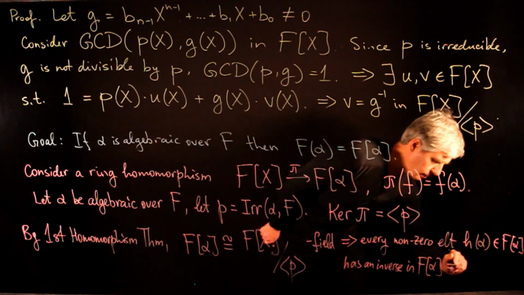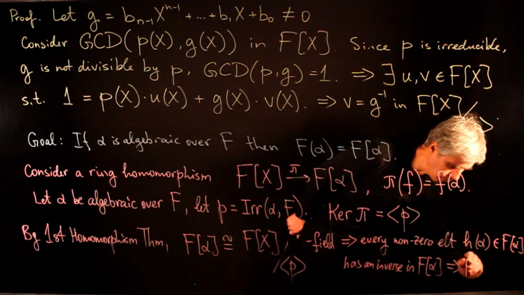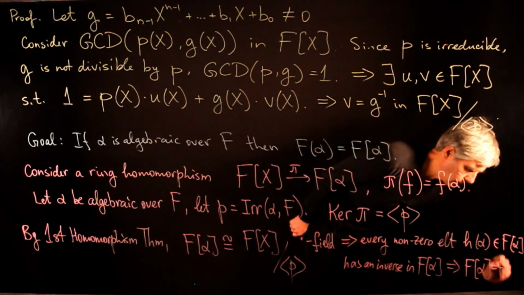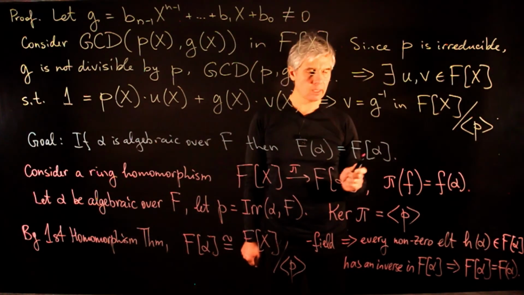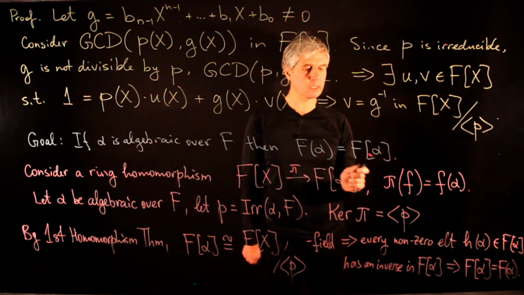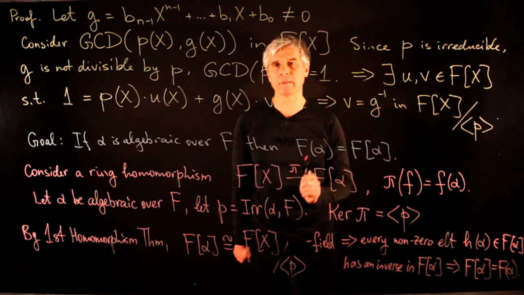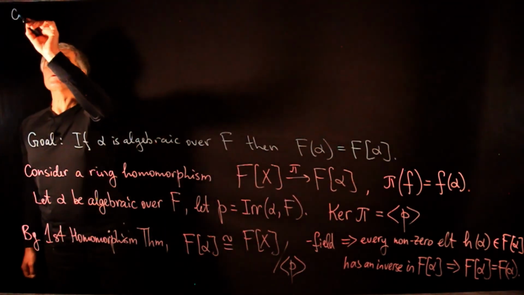And this tells us that this ring extension is the same as the field extension with alpha. And so we conclude that this ring extension is a field and thus coincides with the field extension with alpha. And as a corollary,